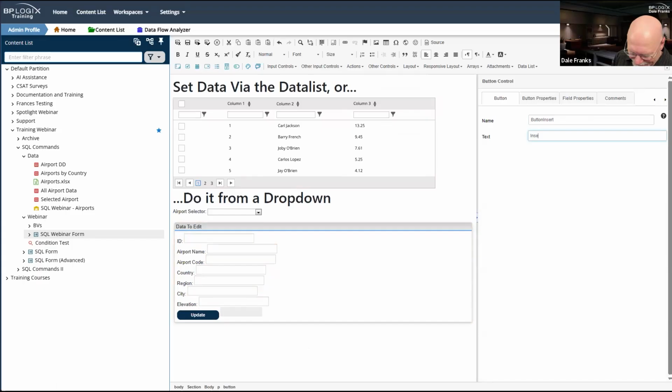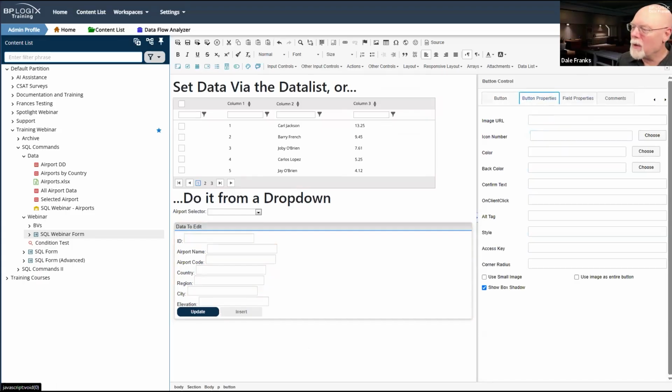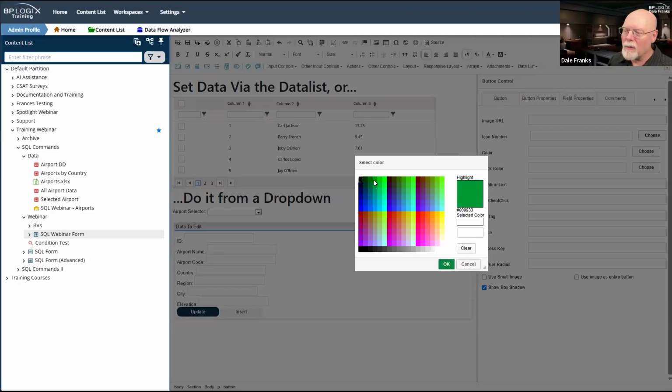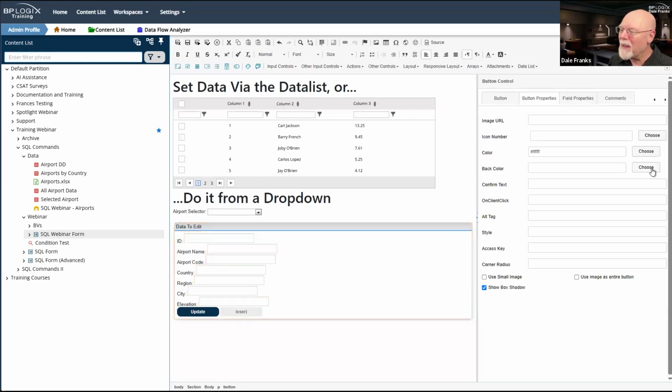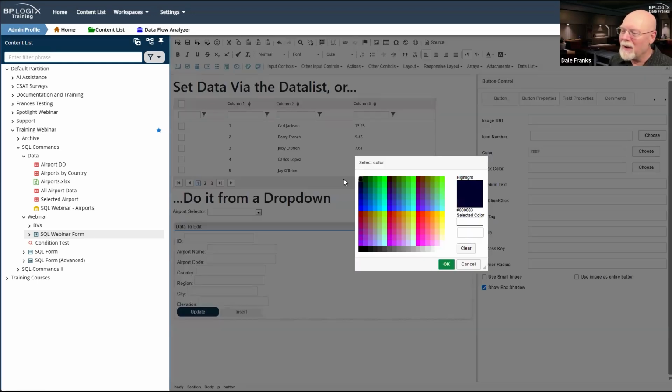And we're going to go to our button properties. And we're just going to choose a nice dark green color. No, this is the text color. We're going to choose white for that color. And for the back color, we're going to choose a nice dark green color.